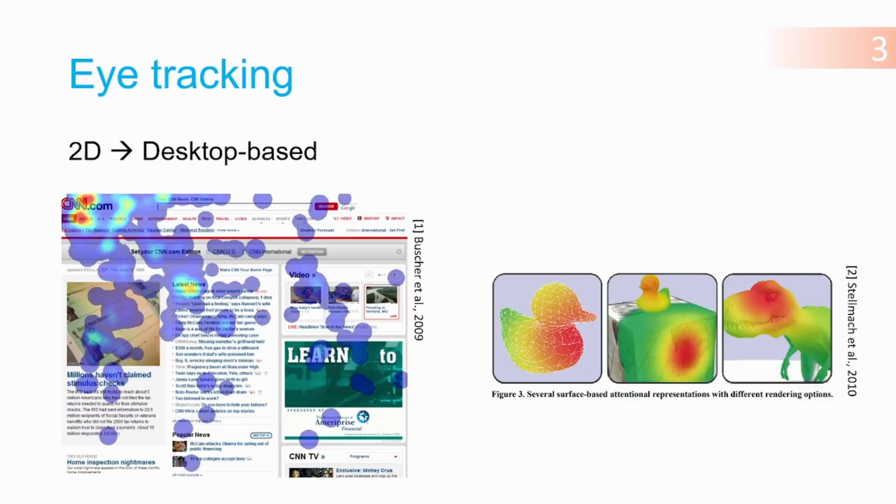To answer the previous questions, eye tracking plays an important role since it allows the recording of gaze information. Eye tracking has become a tool for the evaluation of gaze behavior in different contexts. Early researchers utilized eye tracking to evaluate desktop-based scenarios like web design or user behavior in games. Gaze behavior in three-dimensional environments was mainly analyzed on desktop-based virtual environments. Here you can see, for example, different types of heat map visualizations onto three-dimensional objects from the work of Sedlmair